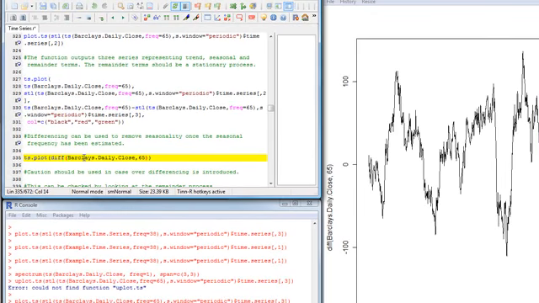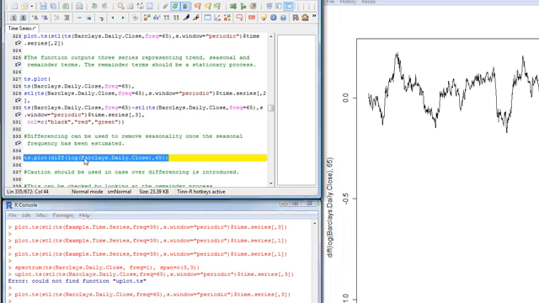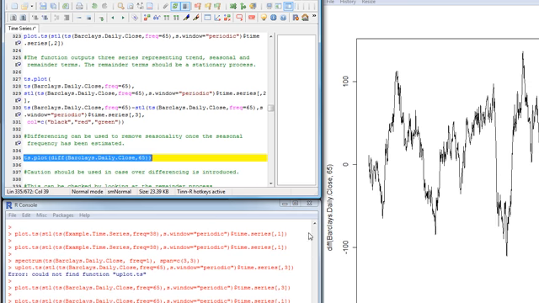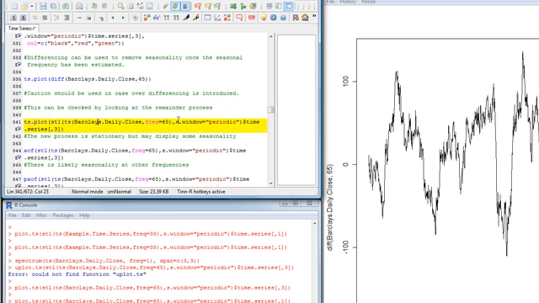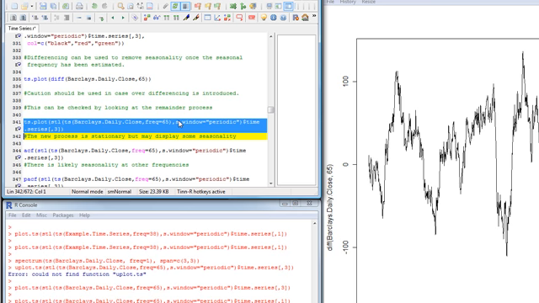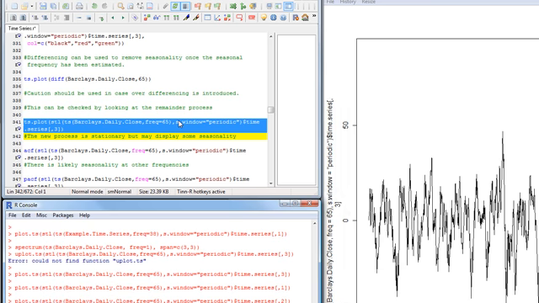Let's try transformations such as log, let's say. Now let's have a look at the remainder process. Okay, now that's much more believable as a